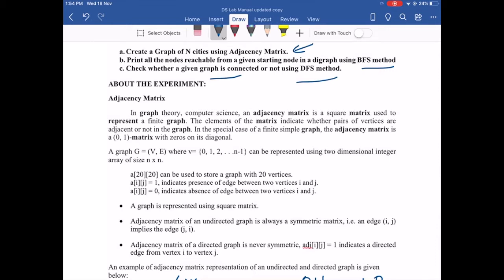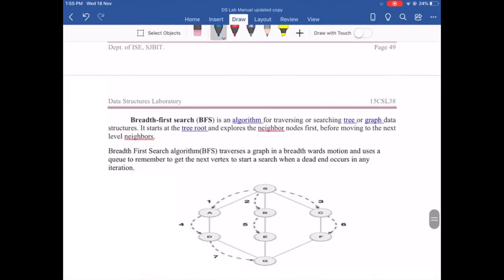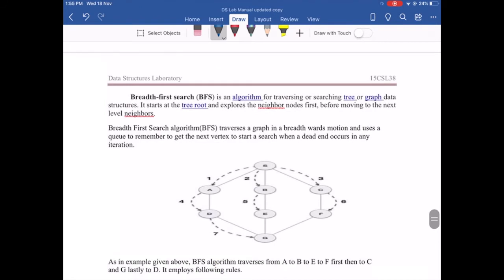Coming for the next objective, we are supposed to visit all the nodes and check which nodes are reachable using BFS method. So first of all, what is BFS method? BFS stands for breadth first search. Breadth first indicates that we are going to visit the nodes breadth wise. That is, let us say this is our source node, and for this node we are going to do a BFS operation. BFS first visits all the nodes which are immediately neighbor to the source node. In this case, the nodes A, B and C are the nodes which are immediate neighbors and can be visited with a single